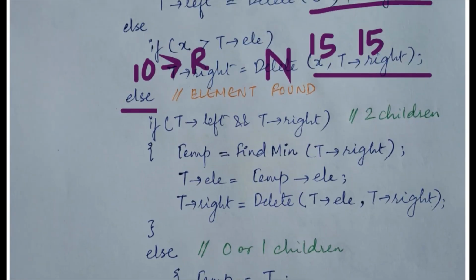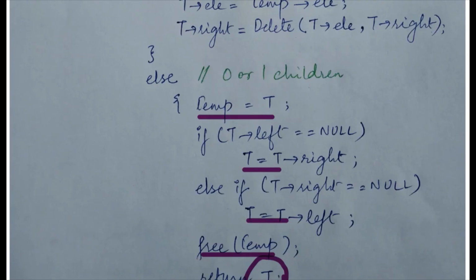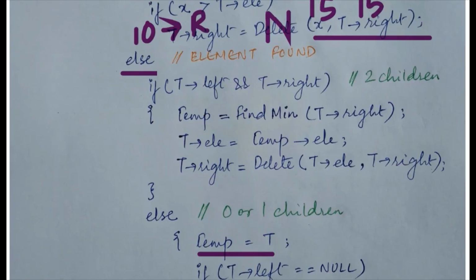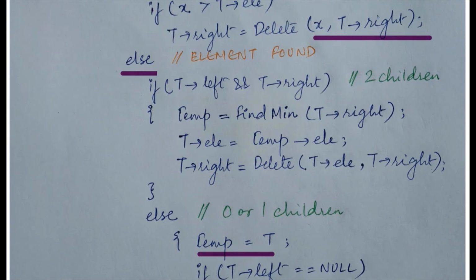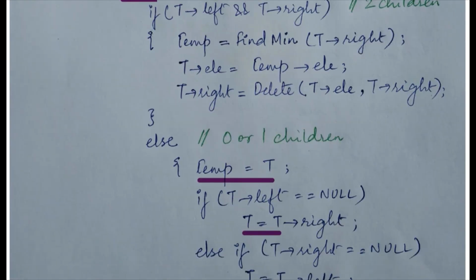And if there was one child, that would be set appropriately here, and that is the value that will be returned. So in case 14 was copied at the place of 15, then the address of 14 will go in 10 to right. Okay,